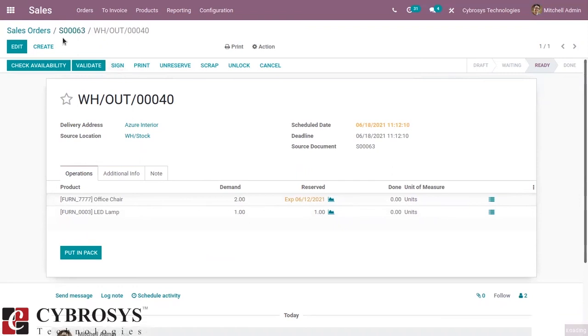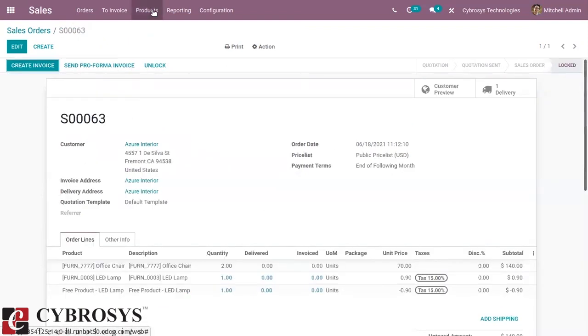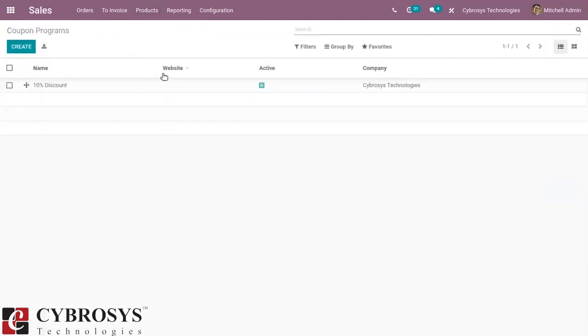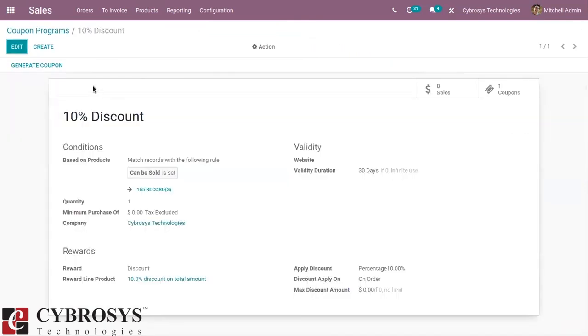And in the same way, we can create coupon programs. So we can generate limited coupons and customers can use those coupons to get rewards or discounts. Okay, so here we can see one already created coupon program that is giving 10% discount to customers.